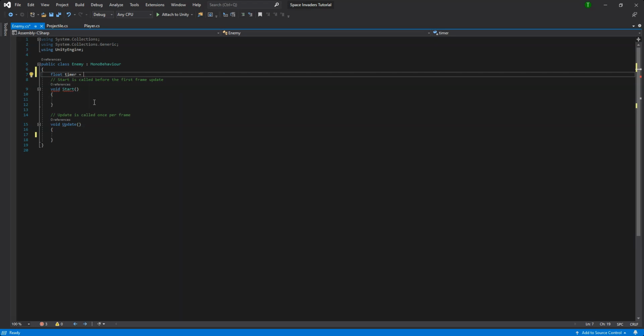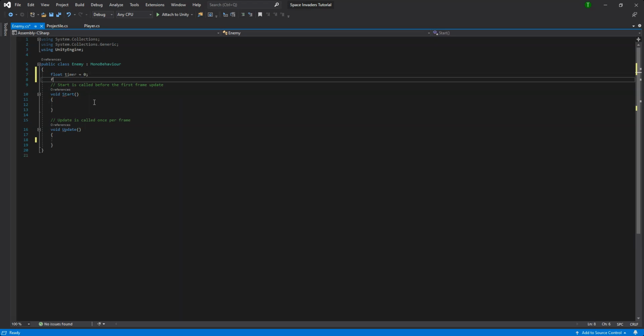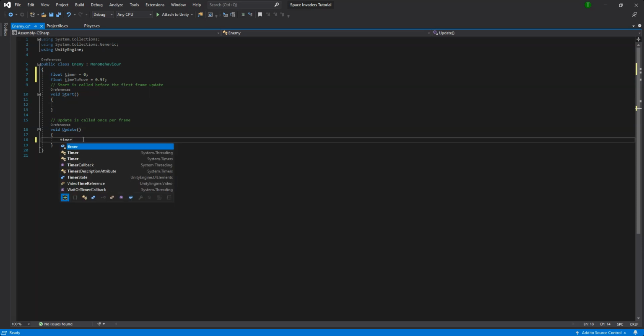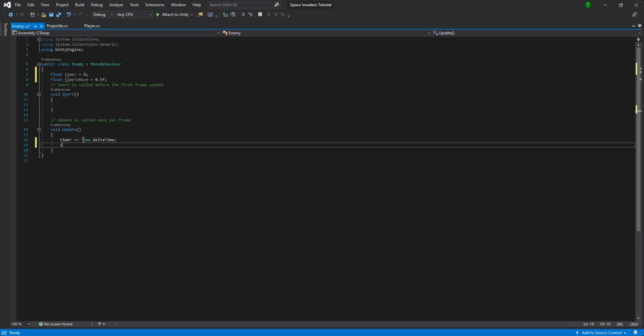We'll start it equal to 0, and we're going to have a float that is a time to move, and that's going to equal 0.5f. And so our timer is going to add up based off Time.deltaTime. And then we're going to say if our timer is greater than